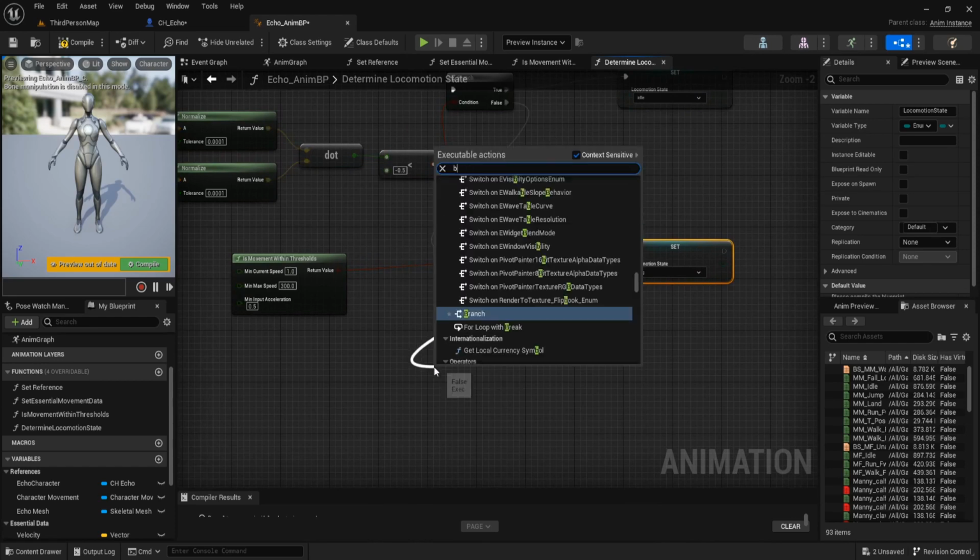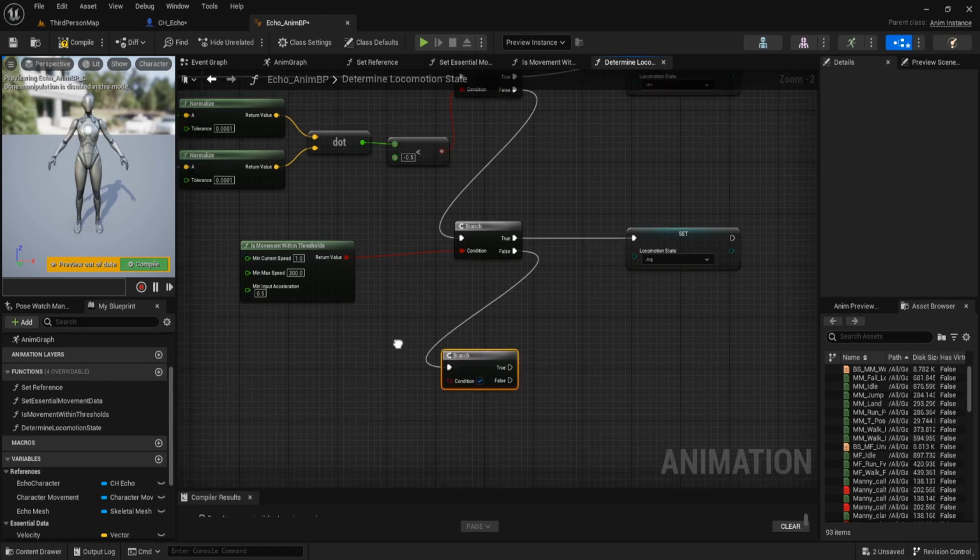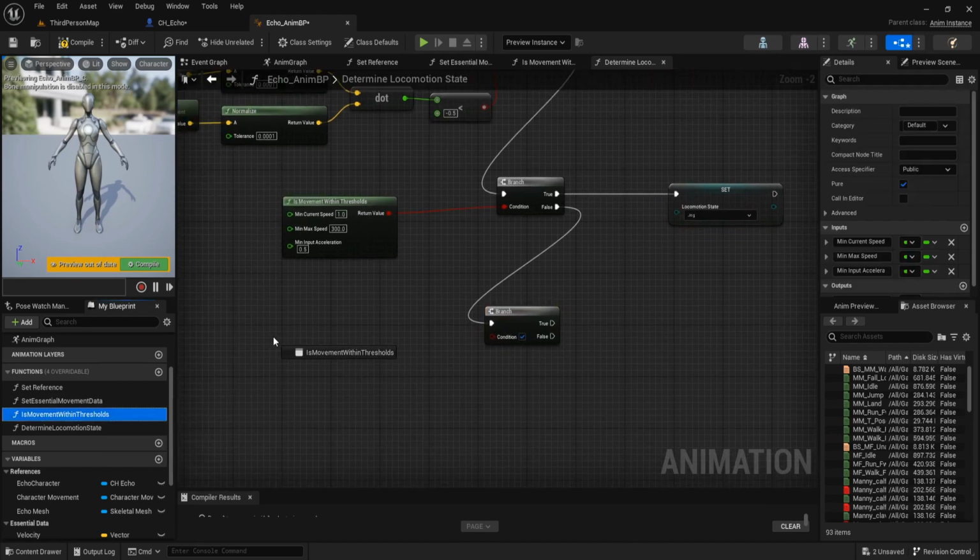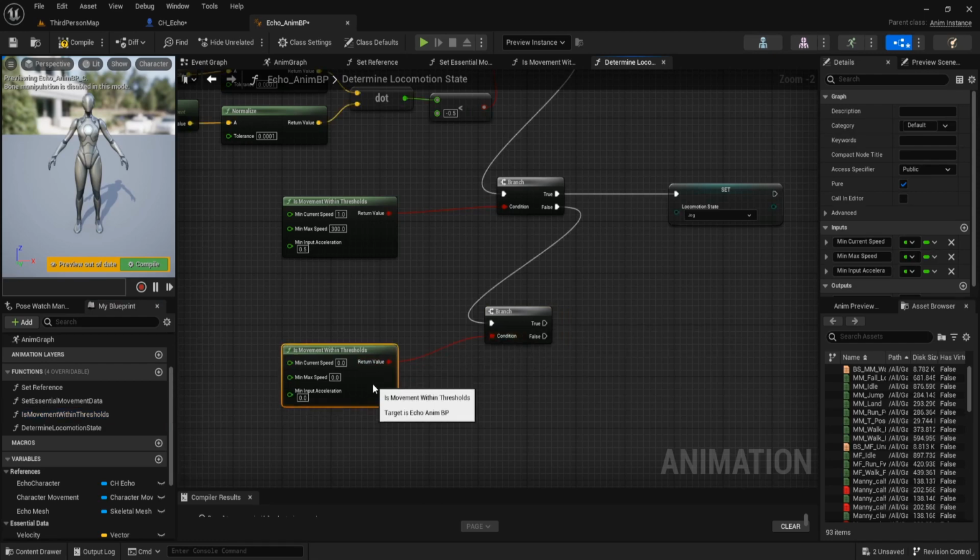And if it falls, create a branch and create each movement between threshold. Min current speed is 1, max is 0, and the min input acceleration is 0.01.